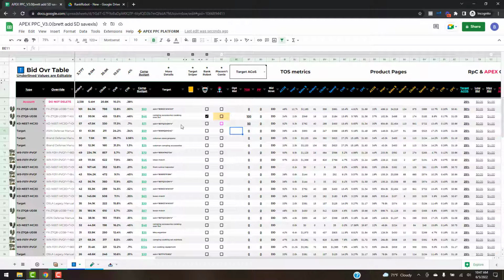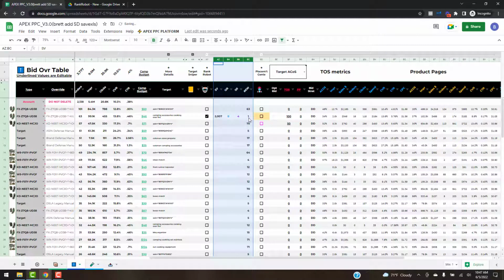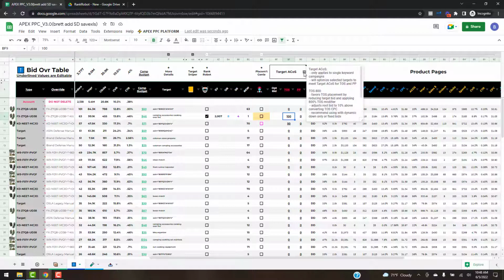We've got a keyword here. It's a longer tail keyword. You see it's a single keyword campaign. We know that as well. If we click on this rank robot, it's got the keywords per campaign column here, and you can see it's 1. Currently we're ranked 8 for it. And what we want to do is modify our top of search modifier right here using one of these